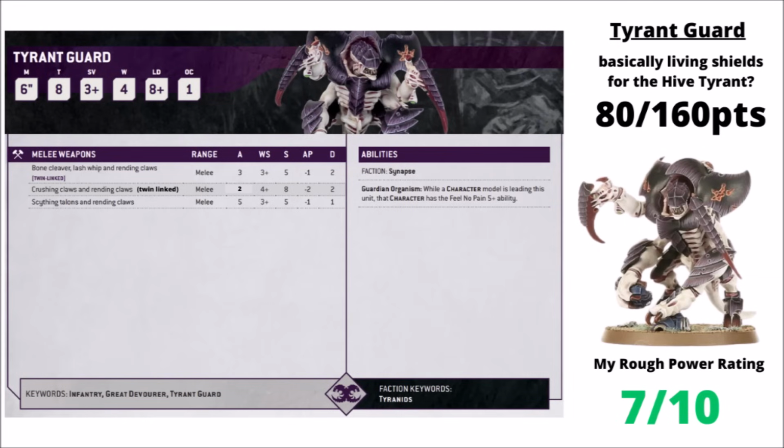Finally, for a couple that maybe stretch the definition a little bit, I kind of felt like the Tyrant Guard at least deserved an honourable mention for the Tyranids, basically fighting as pretty much big living shields for a Hive Tyrant, even if they're not really a melee unit fighting with a shield as such. They're 80 points per 3 of them, having gone down a bit in the last balance update, and are genuinely very tanky for the cost now, around 27 points or so for 4 wounds at toughness 8 with a 3+ save,